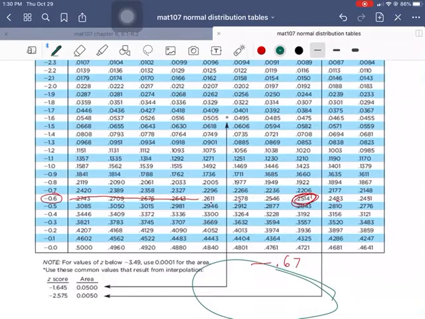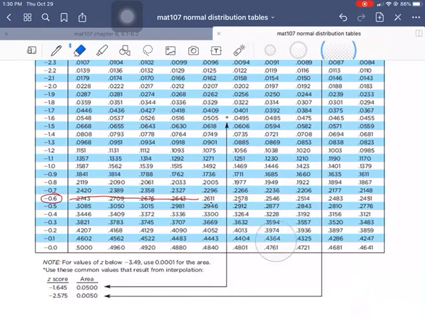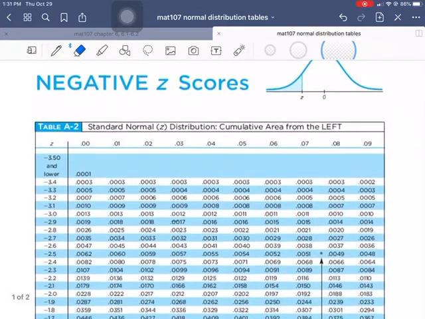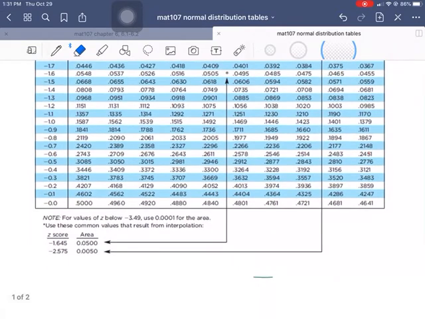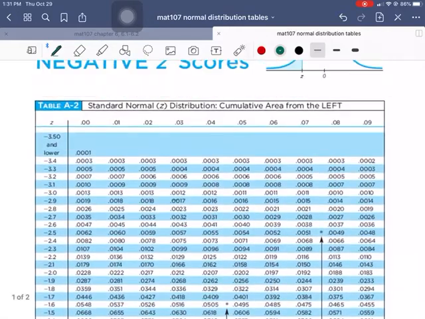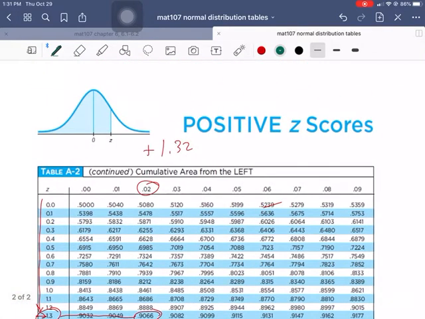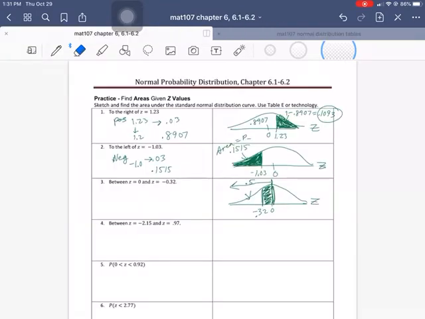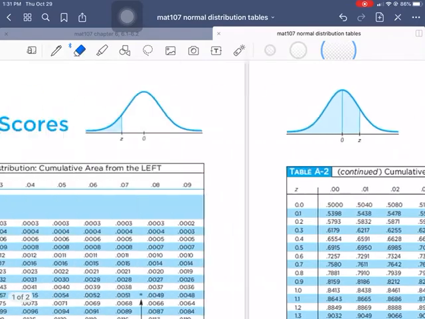Let me show you that. Let me erase one from before. All right, we are in the 0 table. It doesn't matter. So if you go in the 0 table, it kind of looks weird, but here's 0, right? Here's 0 right there. If you're in the positive table, here's 0 right here. Okay. And what was the other number? The other number was negative 0.32. Let's go to the negative